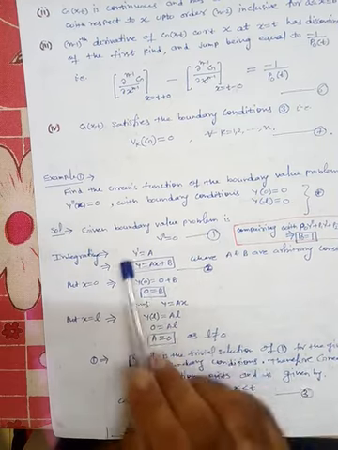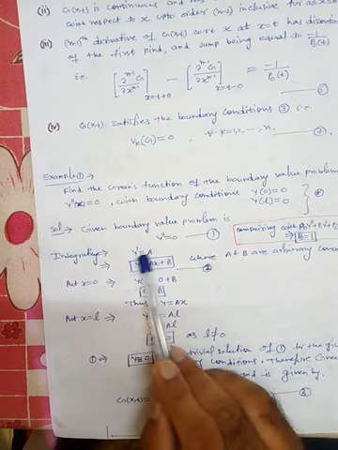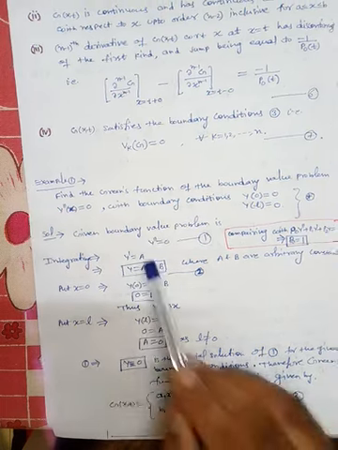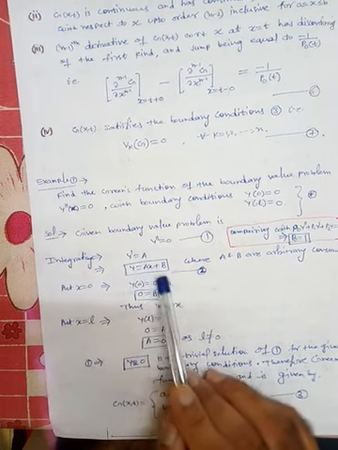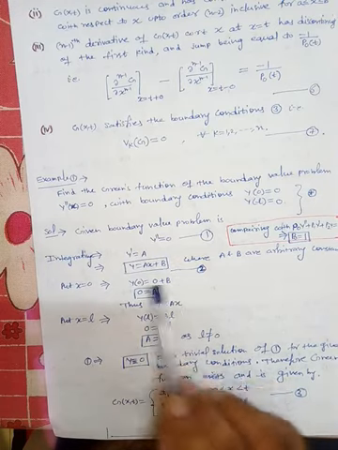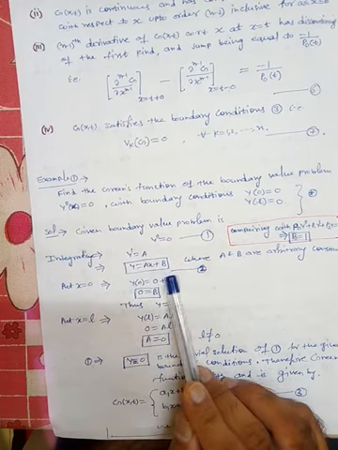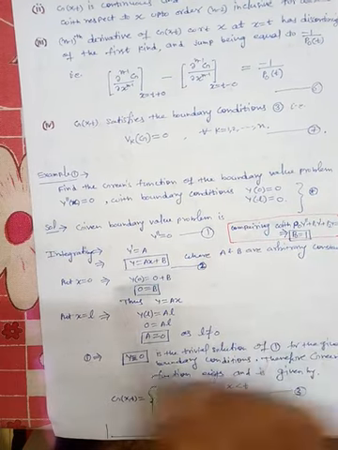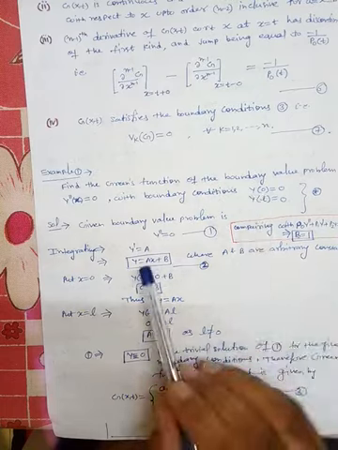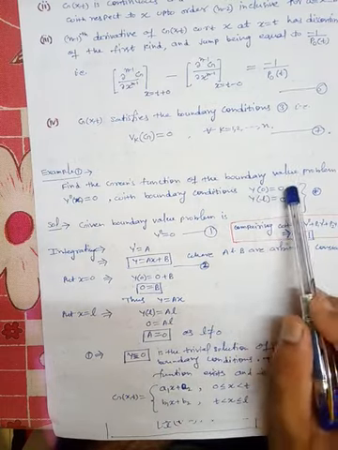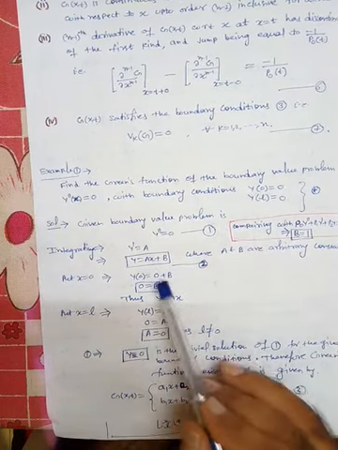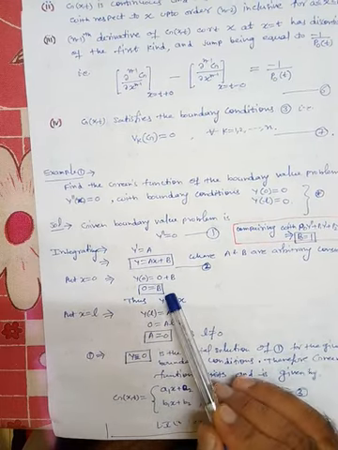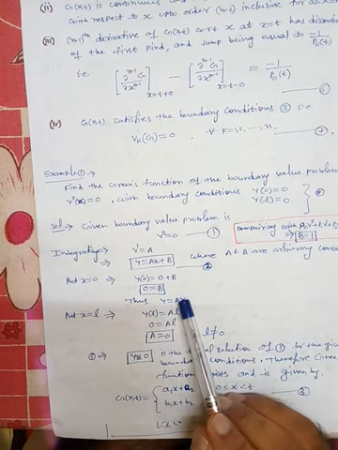Now integrating this equation, we get y dash is equal to A, where A is a constant. Again integrating, we get y is equal to Ax plus B. So here we have two arbitrary constants, capital A and capital B. Now to find these A and B, we can use the boundary conditions. So put x equal to 0. At x equal to 0, y is 0, so y(0) is equal to 0 plus B. But y(0) is 0, so B is 0.